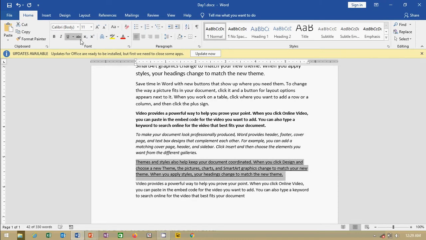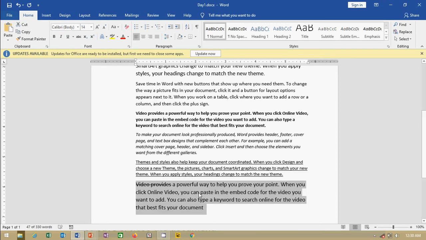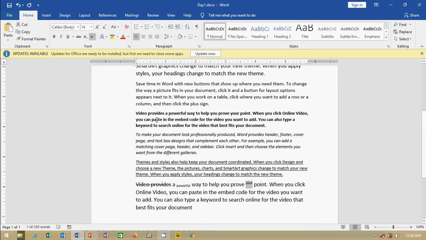Okay. And this is called strike through. Suppose I select this one and click strike through, so it will be struck through. Let me make it bigger so that you can understand more. I am going to select this one and increase it a little bit. If you click here, this is called subscript. If I need this kind of formatting, we can use subscript. And what about superscript? Select here, and you can see it becomes superscript, right?